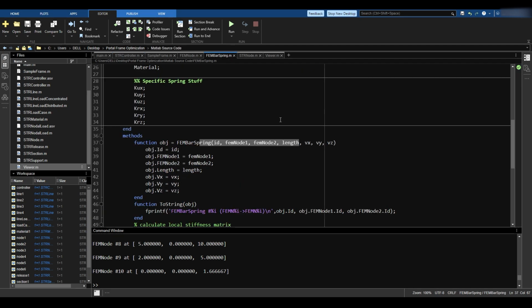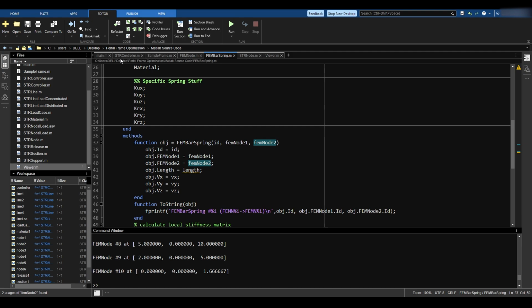Okay. Now here, I could program a refresh system inside the FEMBar. I think I should. Maybe I shouldn't let him pass those things. Maybe I should calculate them. I will have a debugging session later for the results. It's really annoying for me now. But what I'm going to do is basically not ask him to give me all those things